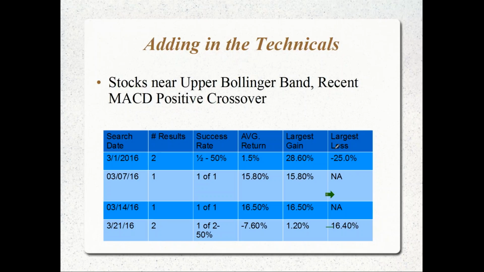That's why we want it to be 3 to 4 cycles out, because not every position is going to be beneficial. Yes, this 25% loss up front would be harder to manage, but we still ended up with a positive return when we added the MACD and the Bollinger Band. And this 16% loss is probably manageable with the proper structure of giving ourselves at least 3 cycles going forward. Now, I'm not going to go through every cycle with you for comparing that standard search with just the stock fundamentals and the structure that we want versus using the Bollinger Band and MACD crossover,